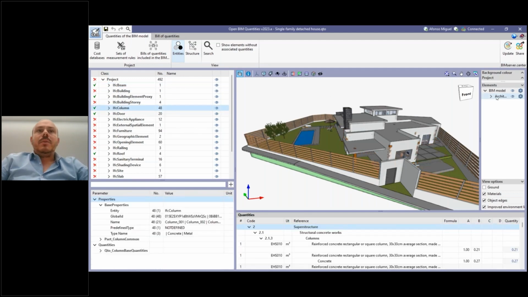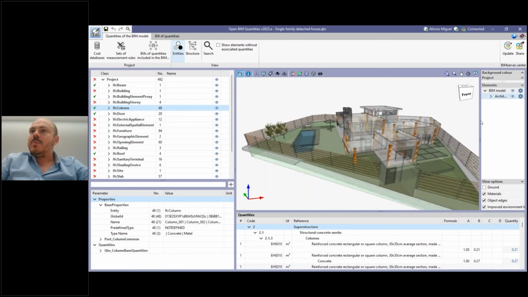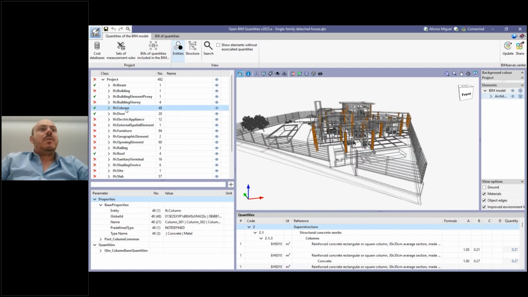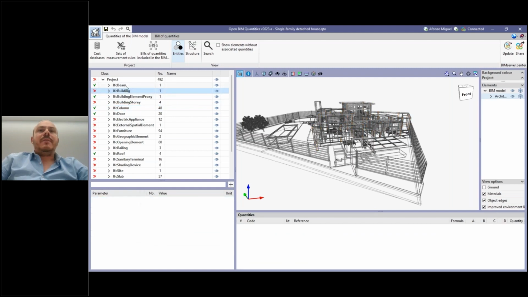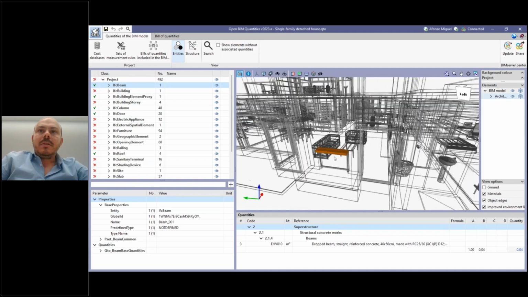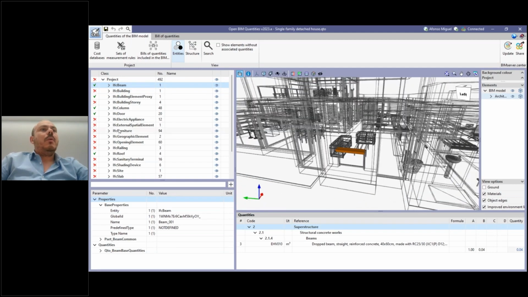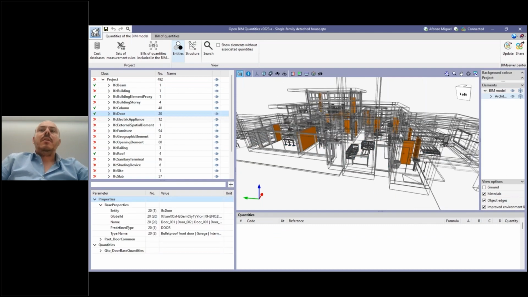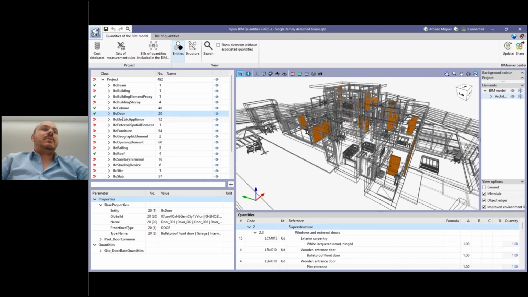Let me change here the appearance of our model. Let's put it on a transparent view. So yeah, like this one, for example. So here we can see the IFC columns, we can see the IFC bins, for example. In this case, there is just one bin here somewhere. We can see the IFC furniture, we can see the IFC doors. All the entities